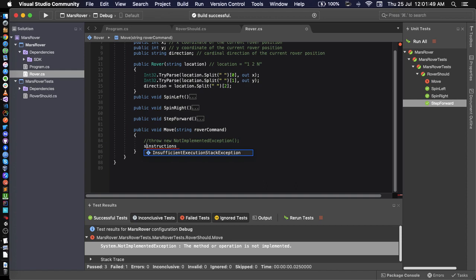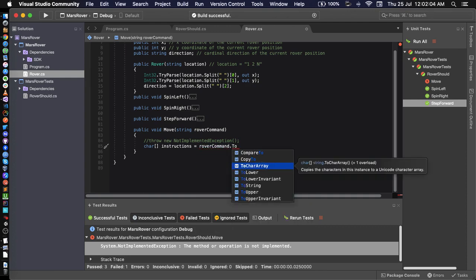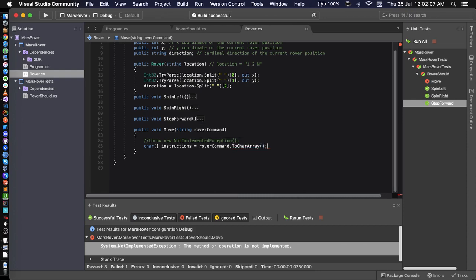Let's say we have a car array and we call it instructions and we equate it to rover command dot to. Thank you, we have it. Okay, and if we take that this example is 3 LMs LMM. Okay, so our values are in that place, so we need to loop